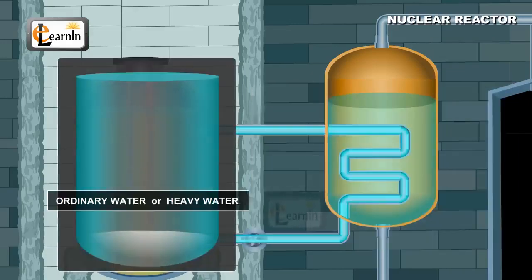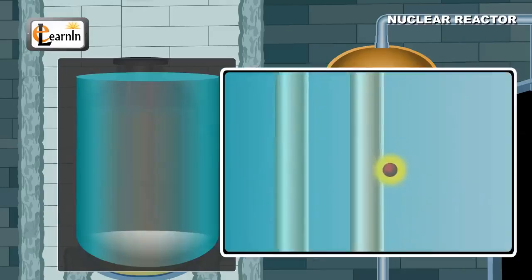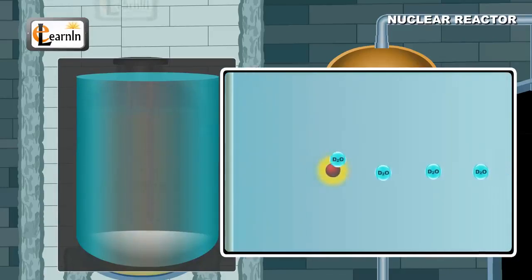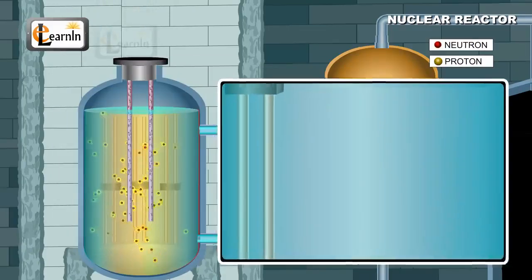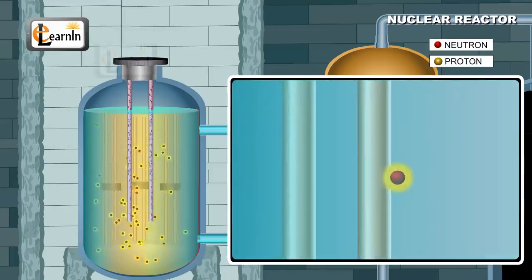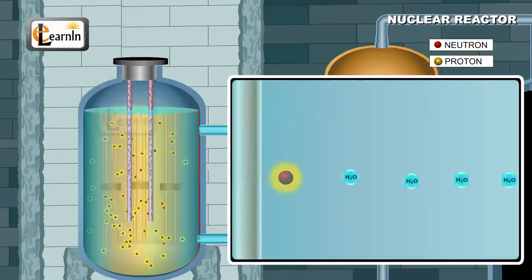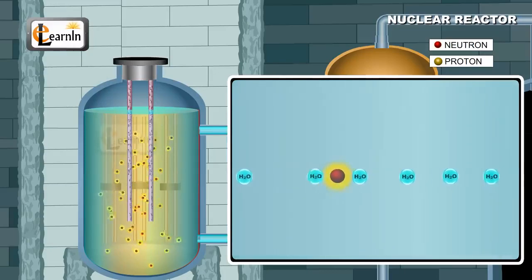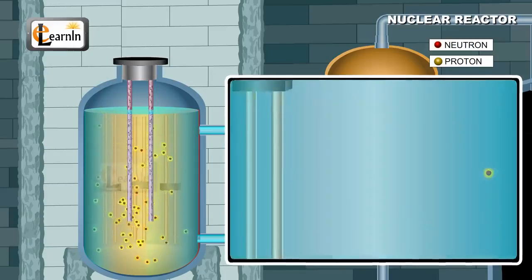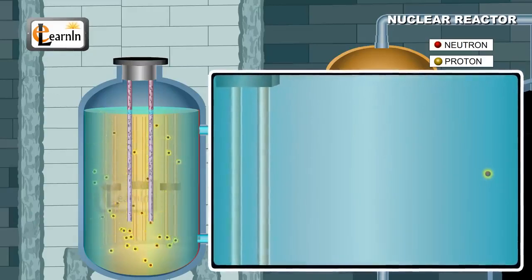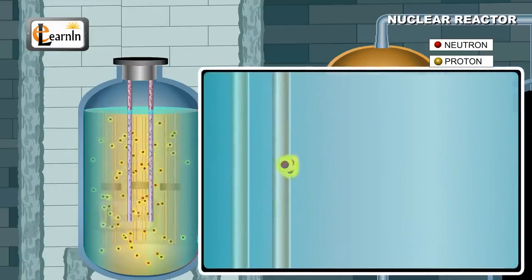Commonly, ordinary or heavy water is used as a moderator in nuclear reactors because of the deuterons present in them, which are capable of slowing down the neutron speed. Water molecules in the moderator are useful in slowing down the high-energy neutrons, which leave the fuel element after nuclear fission. These high-energy neutrons collide with water molecules, thereby losing some energy with every collision and therefore slowing down substantially. A new fission reaction can now be triggered using this slow neutron by striking it with a fuel